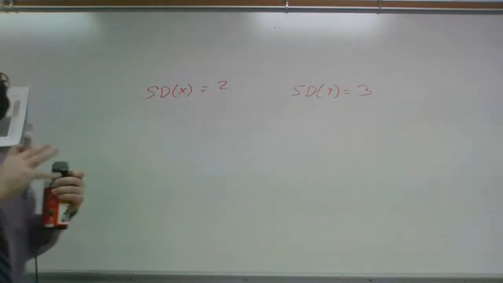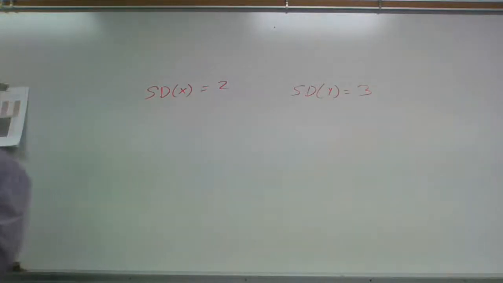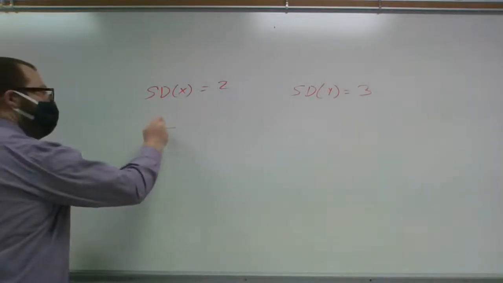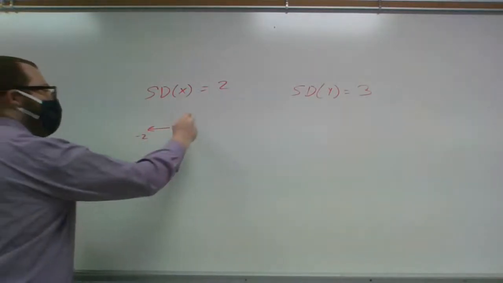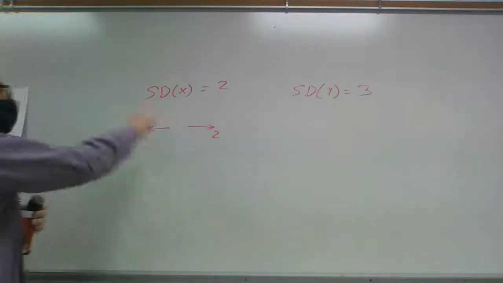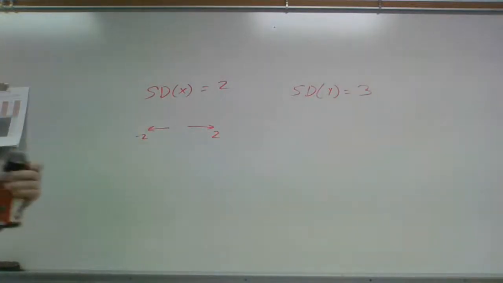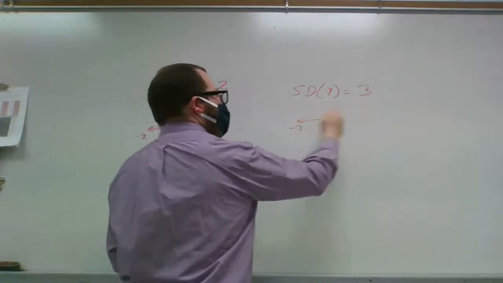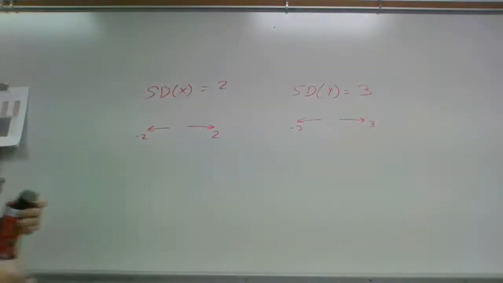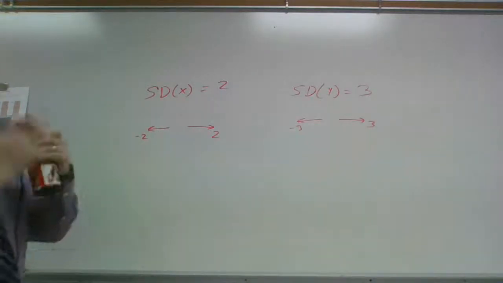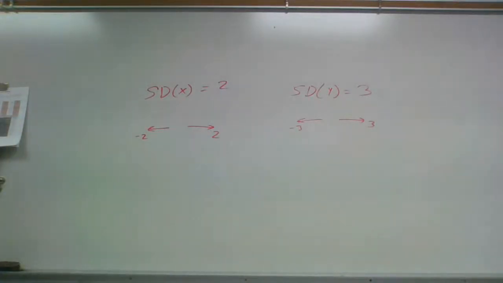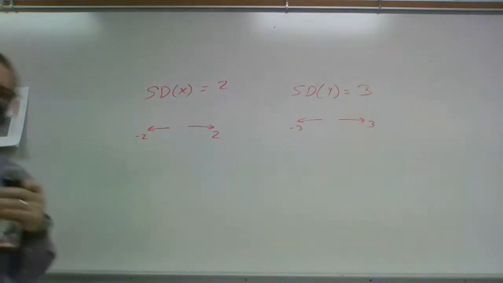Now, if I were to combine these two standard deviations, whether it be through addition or subtraction, the thing to think about is that this data, as I said, could be anywhere from -2 to +2 away from the mean. This data could be -3 to +3 away from the mean. Now, obviously, if I were adding them, that makes a bit more sense. I'd convert it to variance, add them, square root them back, and that would be the combined standard deviations. But if you're talking about the difference between them,